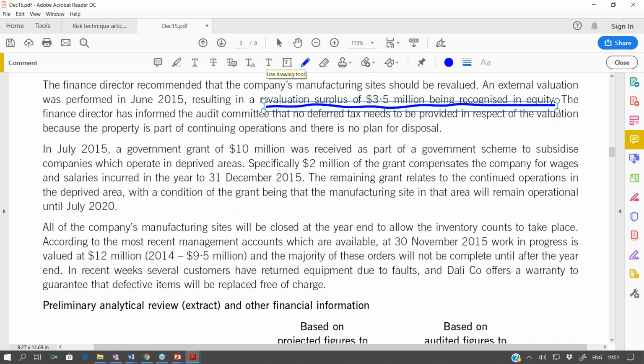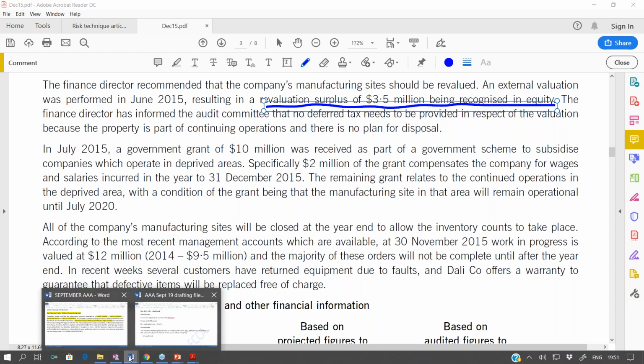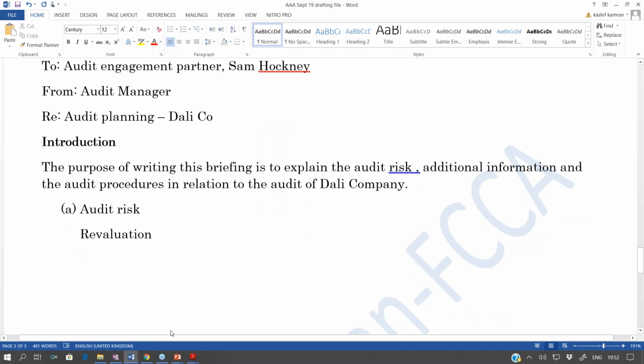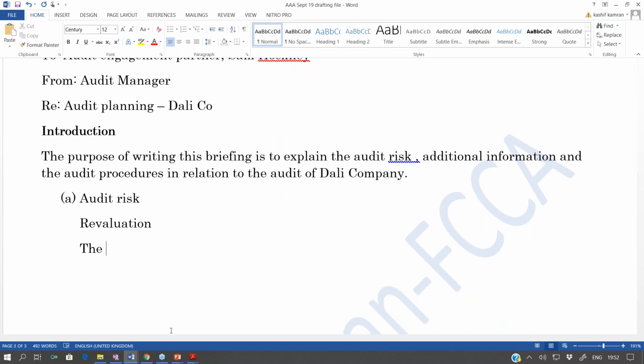So, the very first value we are getting in the case is $3.5 million. So $3.5 million is about revaluation. So what should be my first heading? If I need to solve my paper quickly, my first heading would become revaluation. And under the revaluation, should I first start with M, materiality? The revaluation surplus of $3.5 million